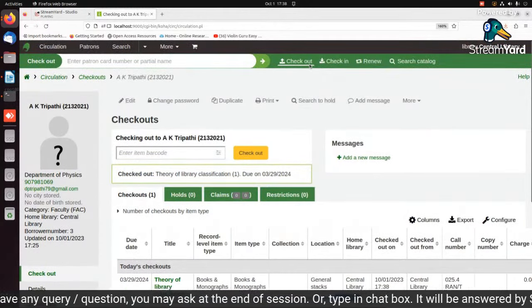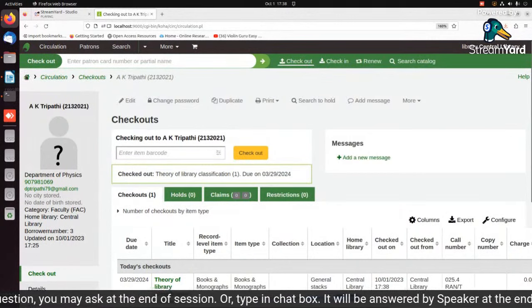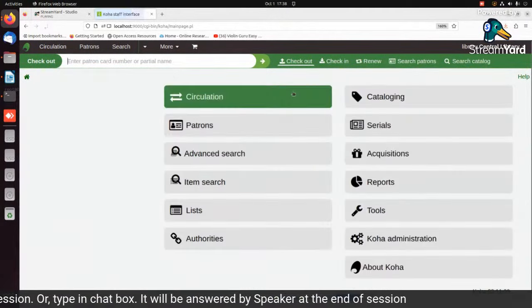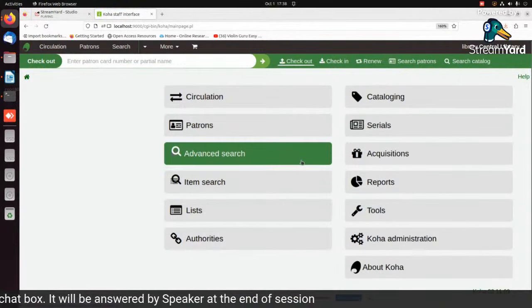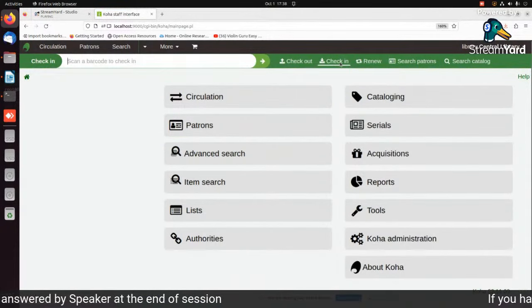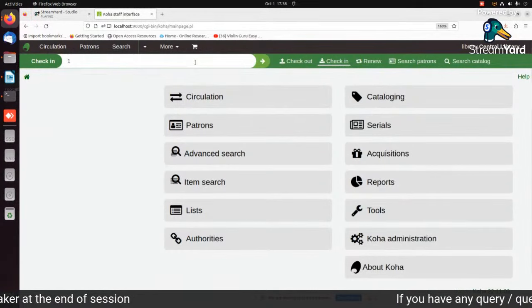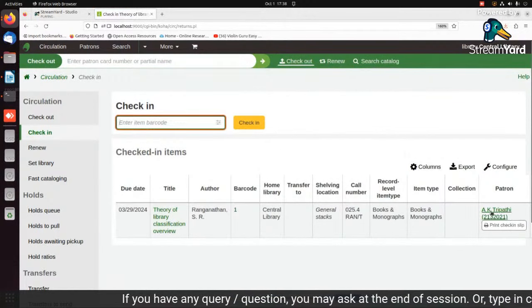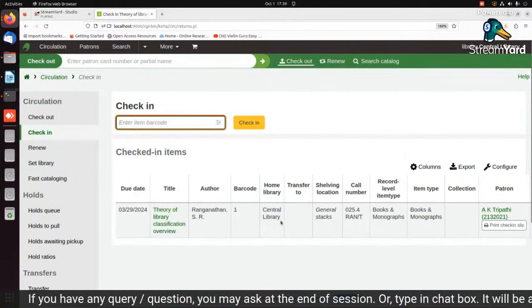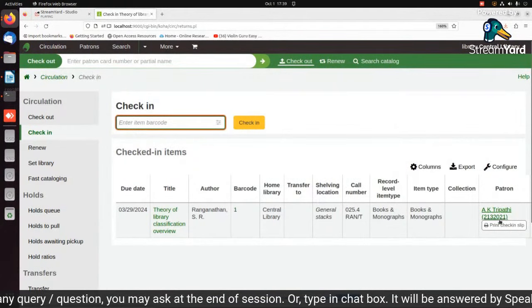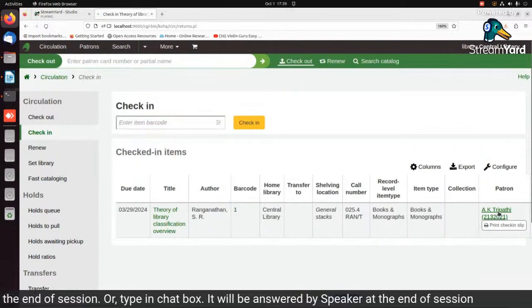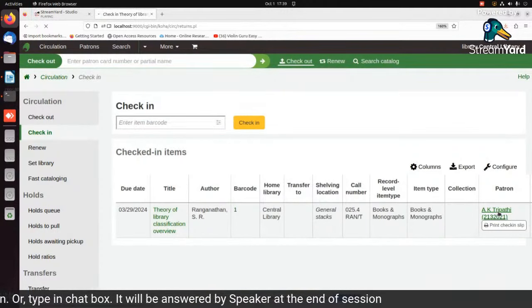Suppose the user comes to return the book. There you don't require the username. You simply select check-in, enter the access number and hit enter. So the book will automatically get returned without the roll number, and it will show the roll number also when it is returned. So if you want to see the user detail, simply click on the user number,